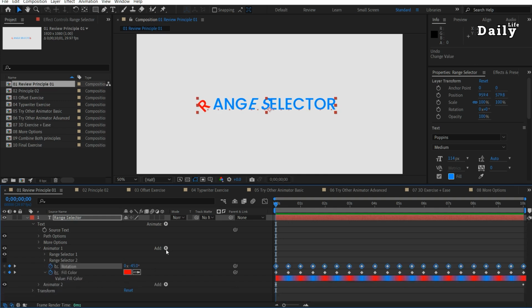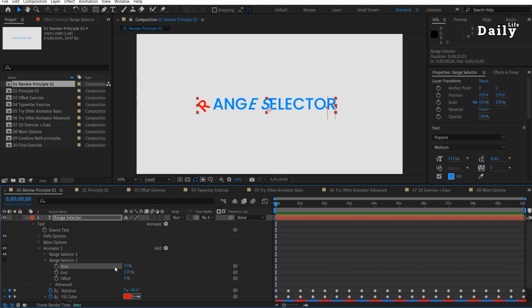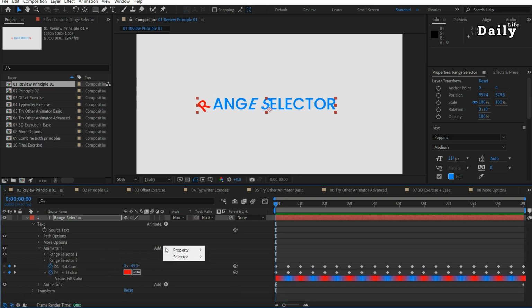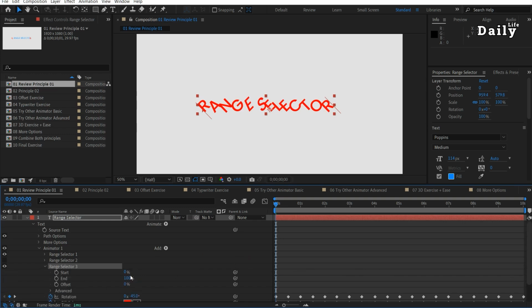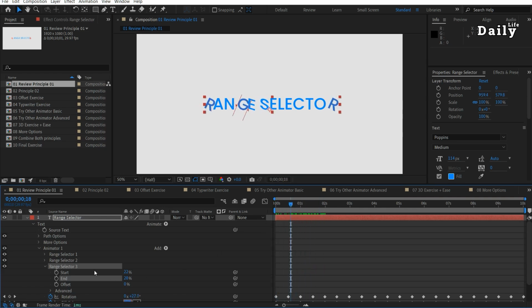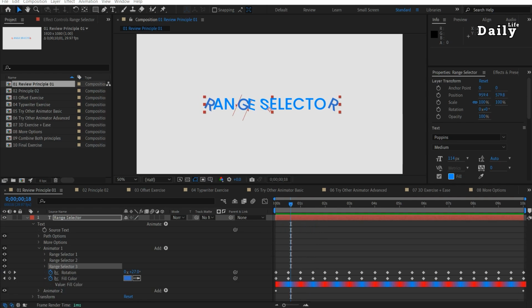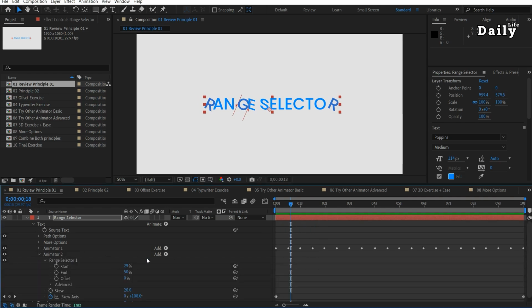Adding a second range selector. Add selector range. I placed my action on the last R by positioning the start value. Let's add a new range for the G character. The fill color and the rotation are animated and limited between the fixed range. Adding a skew animator. Next, I created a new skew animation with 20 for the skew and animated the skew axis. The range selector shows where this animation takes effect.